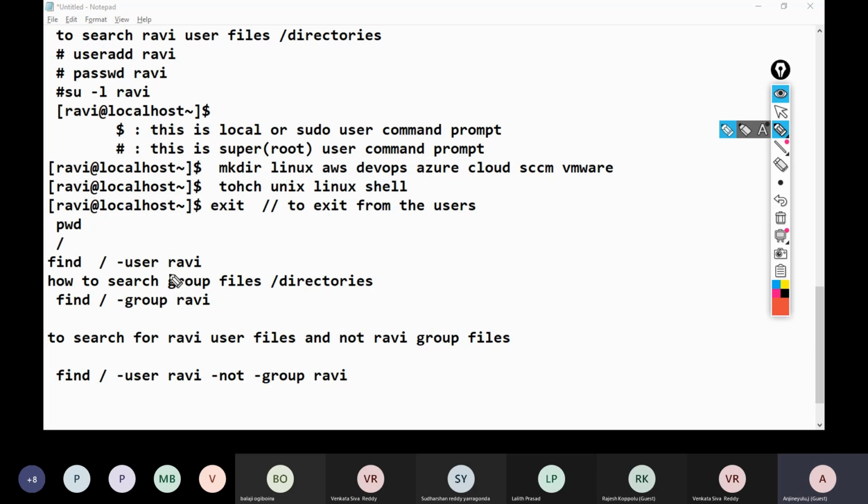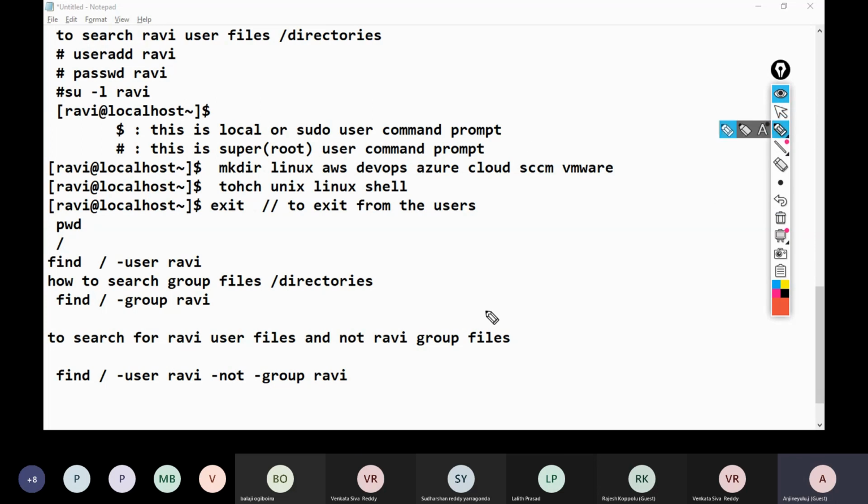That means here we are searching Ravi user files and directories, not Ravi group files and directories.